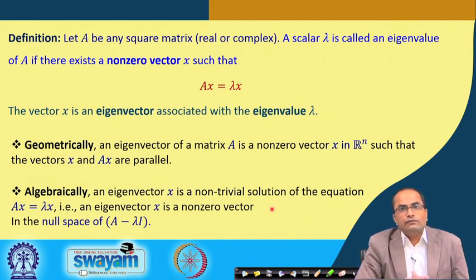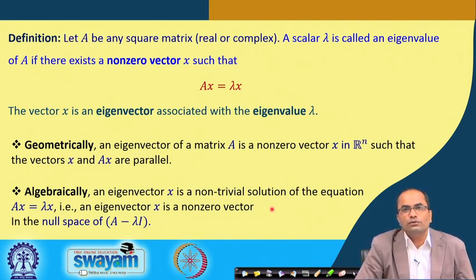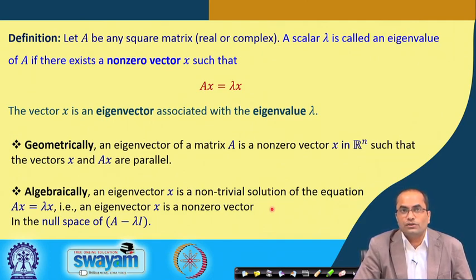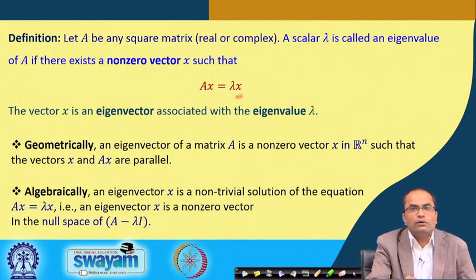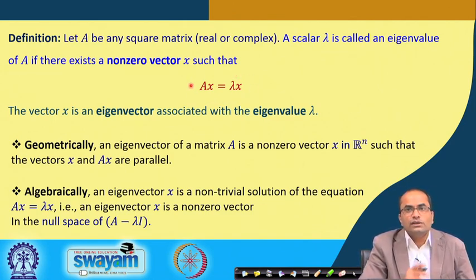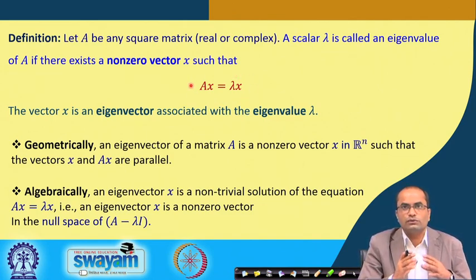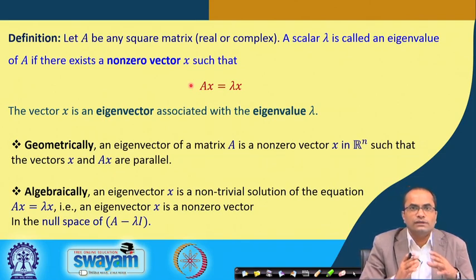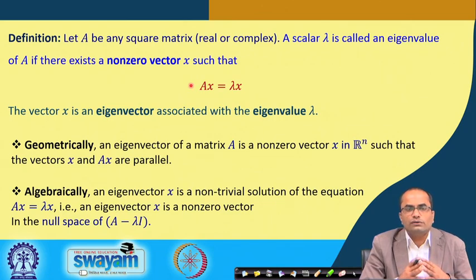Algebraically, an eigenvector x is a non-trivial solution, because we are looking for the eigenvector x which is non-zero. This non-trivial solution matters because x equal to 0 will always satisfy this equation. So, we are not interested in the 0 solution; our interest is in the non-zero, non-trivial solution of this equation A x is equal to lambda x,